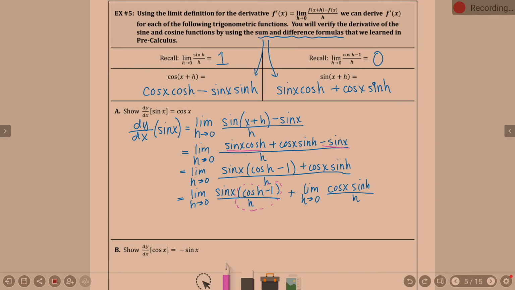Cosine h minus 1 over h. What's that limit go to? That goes to a 0. Over here, sine h over h goes to 1. Right? And that's that special limit over here. So, with that in mind,